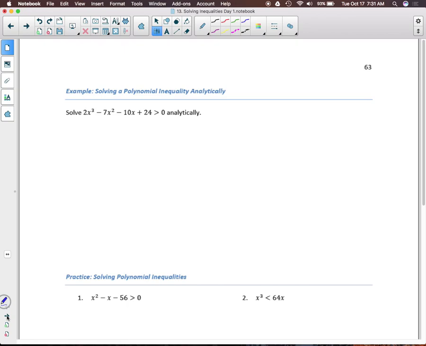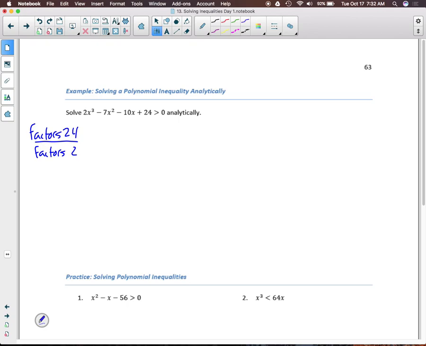I can pull an x squared out of the first one, which will give me a 2x minus 7. And for the next one, I can only pull out a 2, which is going to give me like a 5x. So that's not going to probably work. So we're going to jump back and do this a little bit old school. We're going to say factors of 24